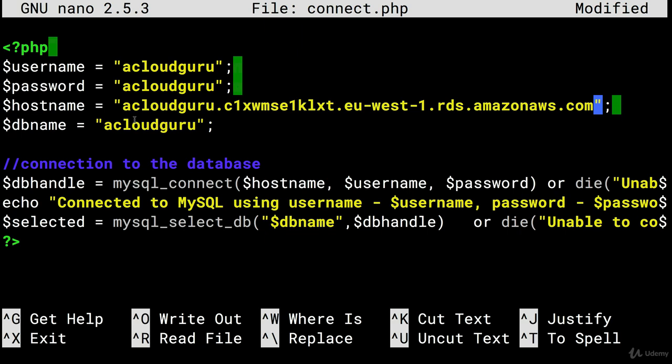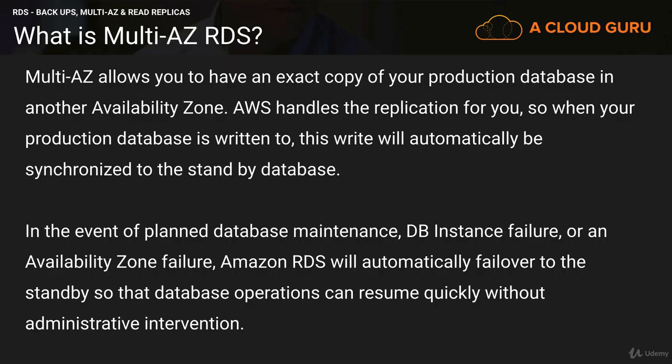And what will happen is that if you lose your primary database, Amazon will detect that, and it will update the DNS address to point to the IP address of your multi-AZ copy of your database. So it's really important to understand that you never deal with IP addresses when dealing with RDS. You always just use this DNS endpoint, and this DNS endpoint will fail over automatically to your secondary multi-AZ database. So multi-AZ allows you to have an exact copy of your production database in another availability zone, and AWS